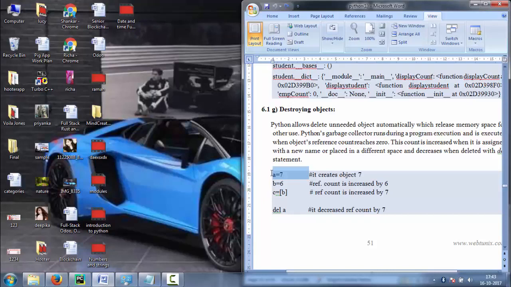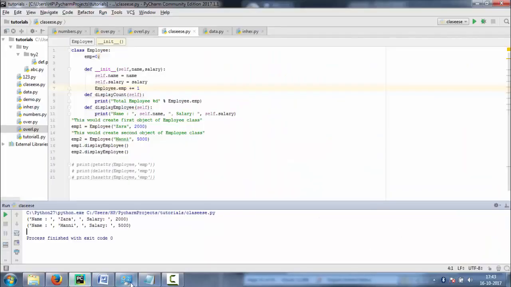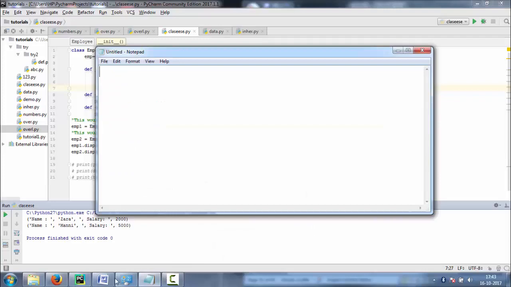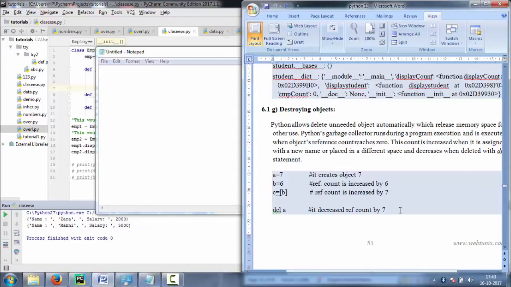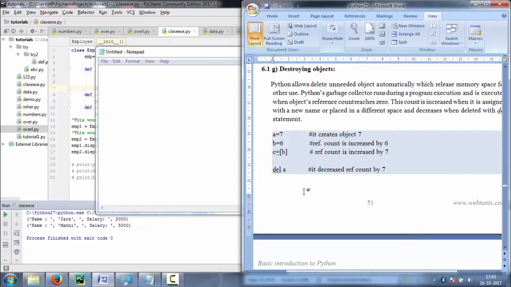In this statement, we create an object. After this keyword del, we delete the object. Now here we have deleted the object, and when we use it the next time, it returns a not-exist error.